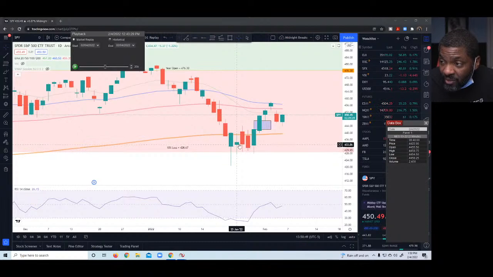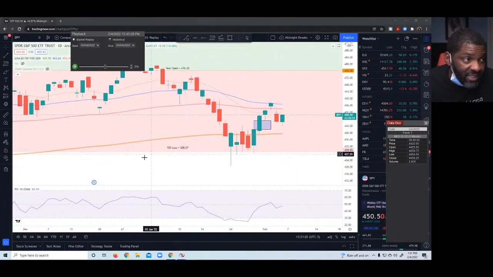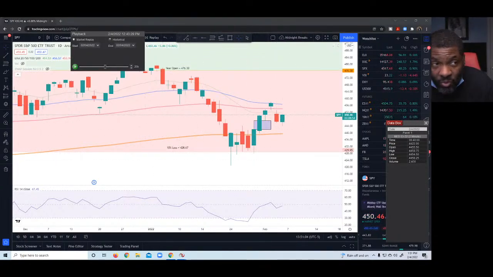Dipped into the liquidity. Swing high, swing low, broke it with some force. The very next day, created a fair value gap. Traded back down into the gap. Are we gonna hit here and keep going? Are we gonna keep going down? It's all fractal. They work on all the different time frames.